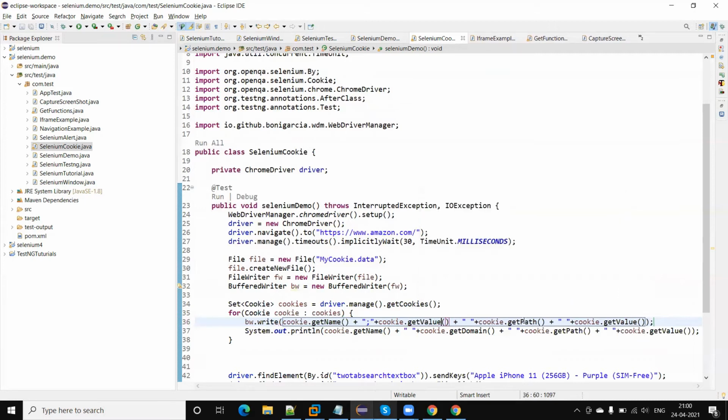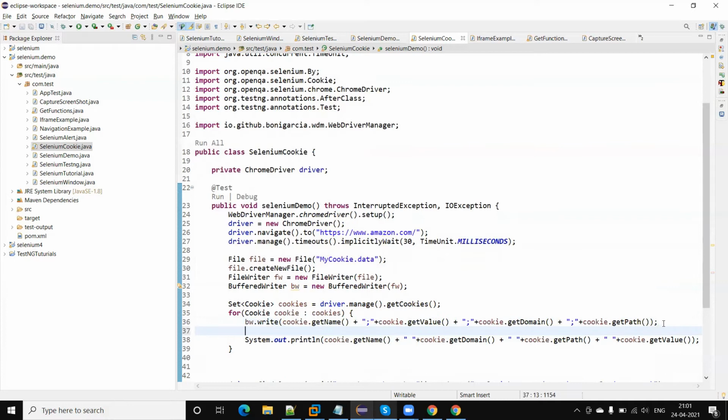Then domain, getPath, and here I will separate with a comma, semicolon, because cookie values are separated in comma format. And then